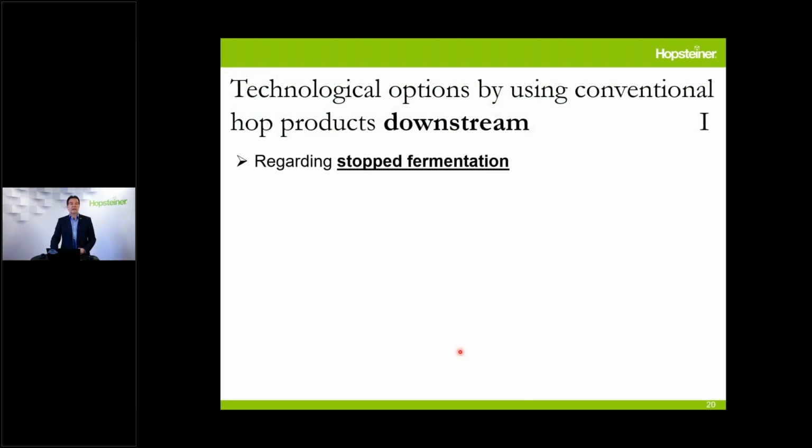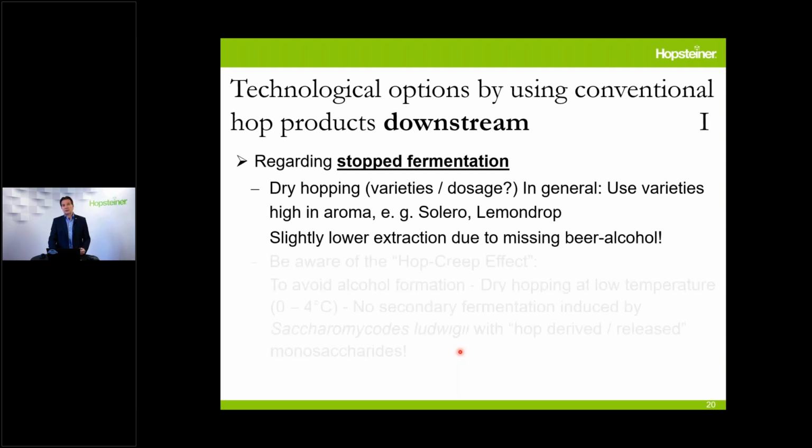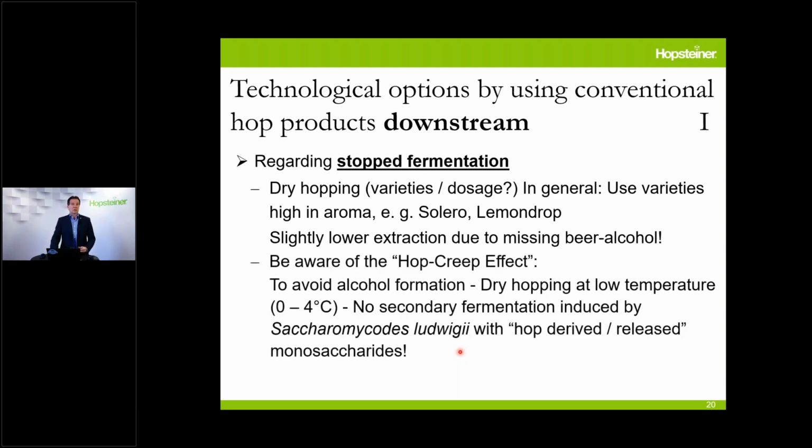So what we can do downstream wise regarding stop fermentation, it's always dry hopping that we are now talking about. And as I mentioned before, we have a lot of varieties, and it's better to use some high aroma varieties than some bitter varieties. And what we will see is a little bit lower extraction due to the missing beer alcohol. And what I mention here on this slide is that we have to keep an eye on the so-called